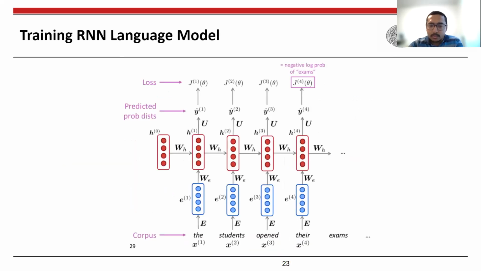So just to briefly describe the training process. As you can see, if you do a token classification task, like part of speech prediction, then each of these tokens will pass through this neural network and will give you a prediction, and you will compute the loss for each of them together. So "the" is a determiner. If it is not determiner, then there will be a high loss. Similarly, "opened" is a verb. So if it is not verb, then there will be a high loss.